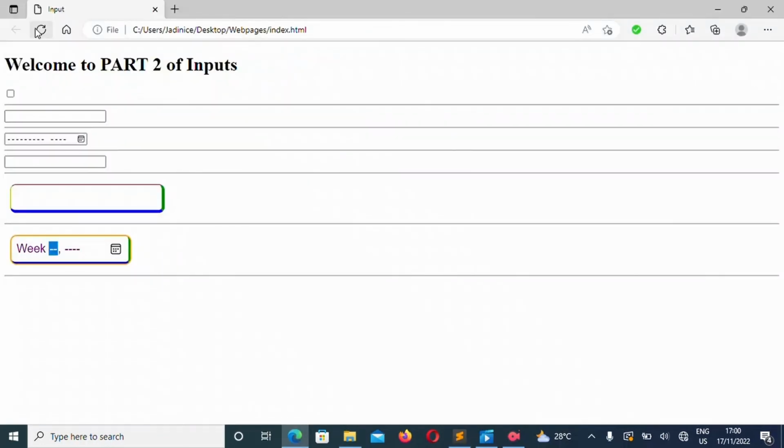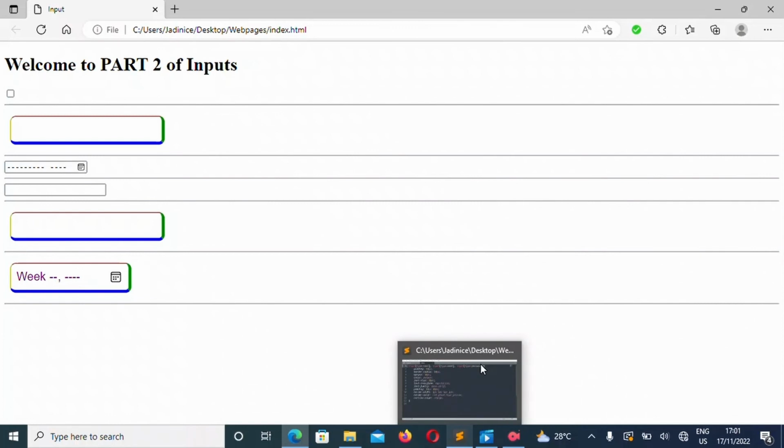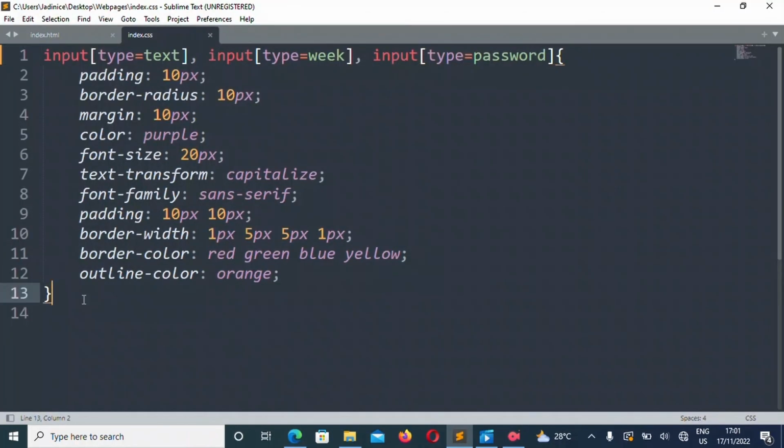Then this password has the same CSS code as the rest of it, all because I added the comma notation. So go out there and you can style as many inputs as you want, using a particular source code. You don't have to copy and paste, this is just a simplified way.